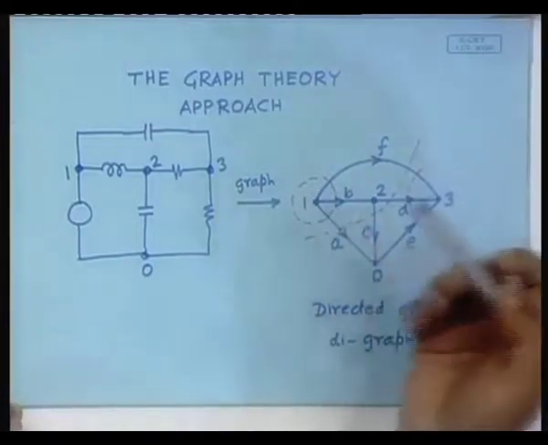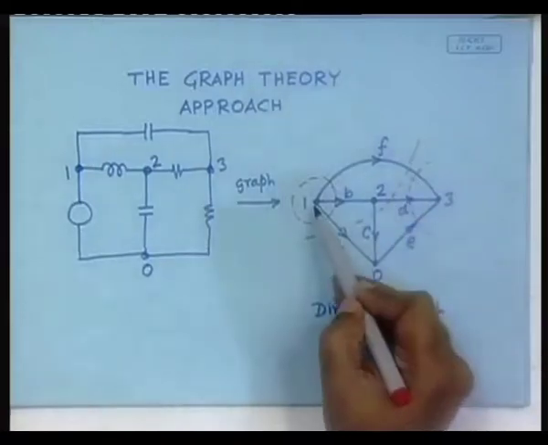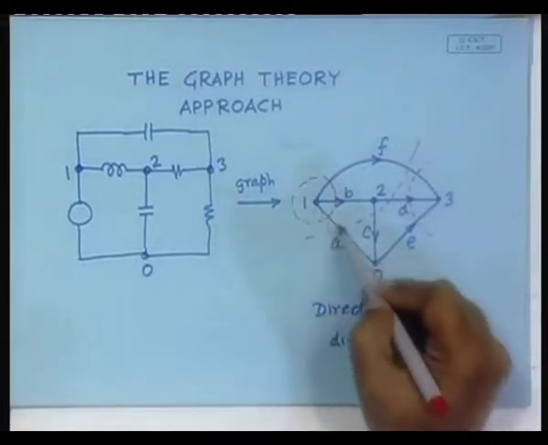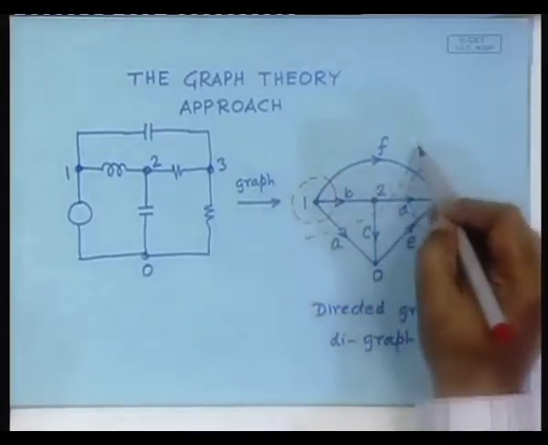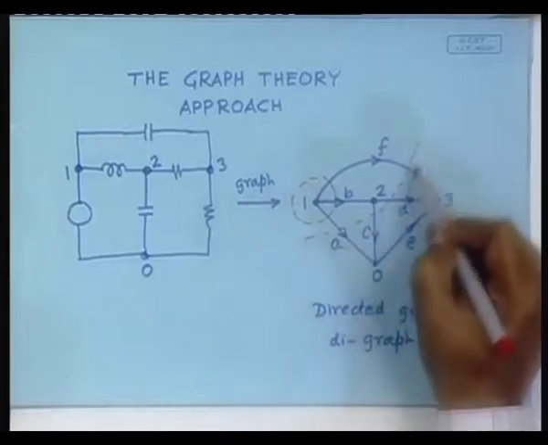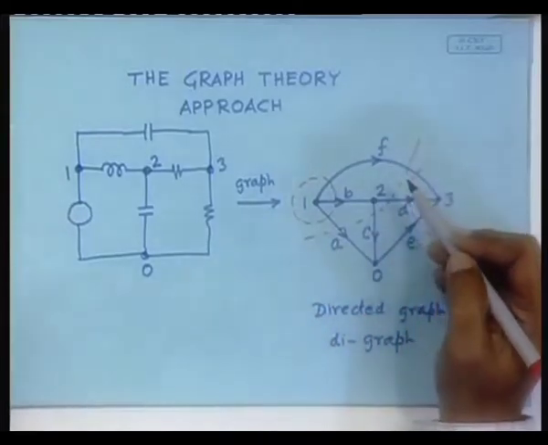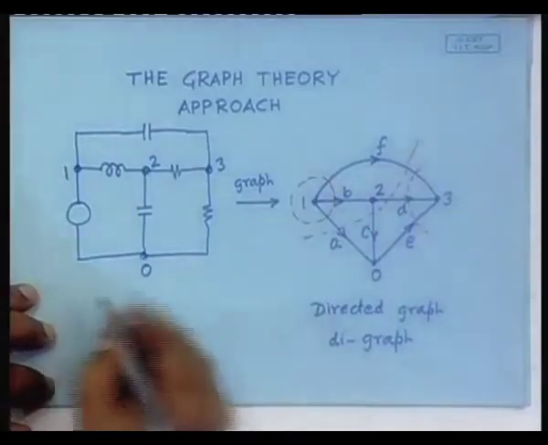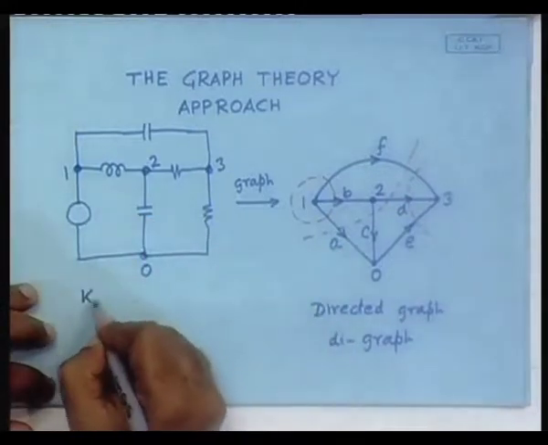Here again we can write in the old way IA plus IB plus IF equal to 0. So, this is something that we knew already, but what we have learnt now is that it is also related to cut sets, not only nodes. Okay. So, the Kirchhoff's current law, KCL